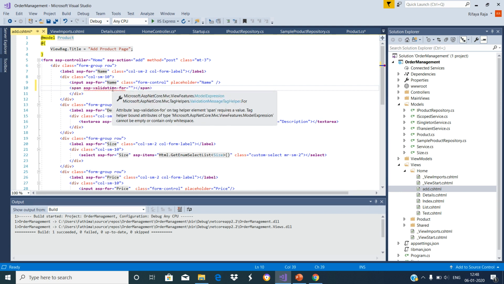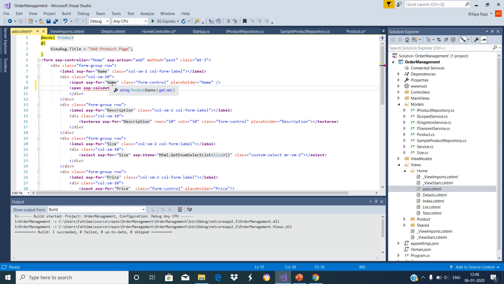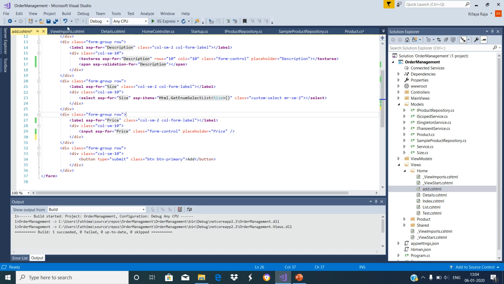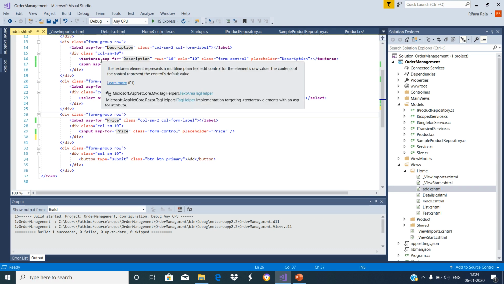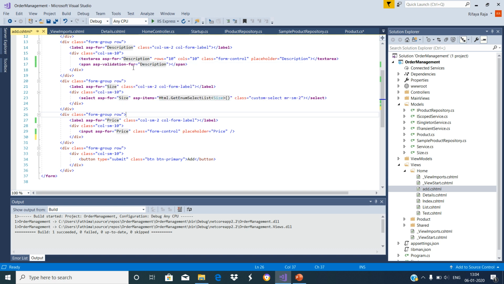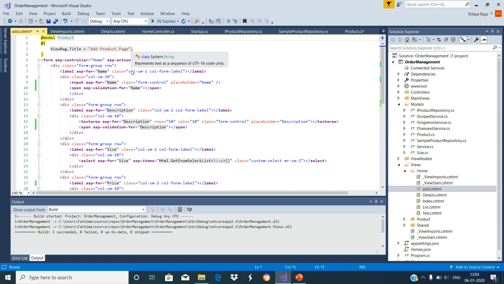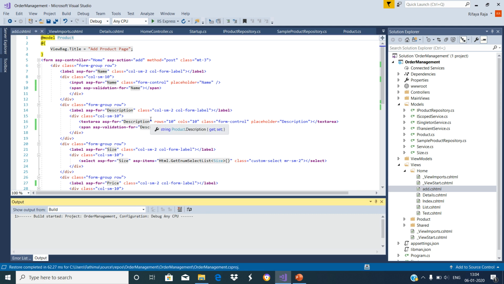In order to display the validation error associated with the Name property of the product class, we need to use the validation tag helper for the Name property. Now we have applied the asp-validation-for tag helper for both Name property and Description property. With these changes in place, now let's run the application and see the output.